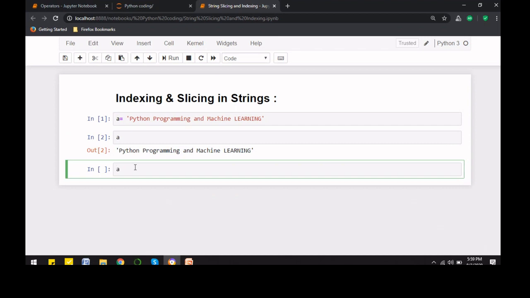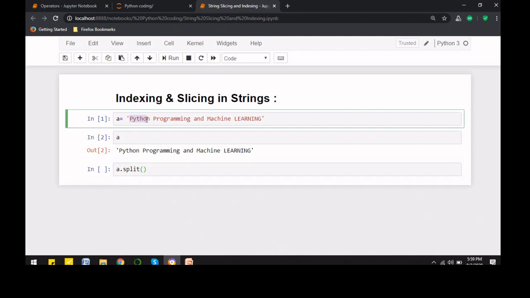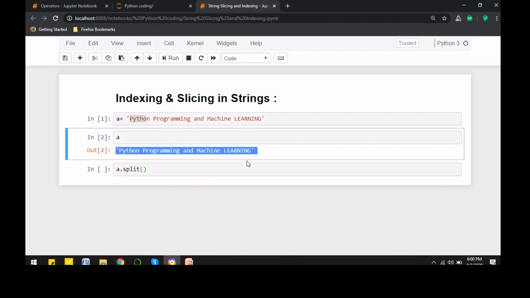Now we have a function, a dot split. What it will do is, this is a complete sentence, or you can say a collection of words. And how many words are there? We can clearly see that there are 1, 2, 3, 4 and 5. There are 5 words in this string.